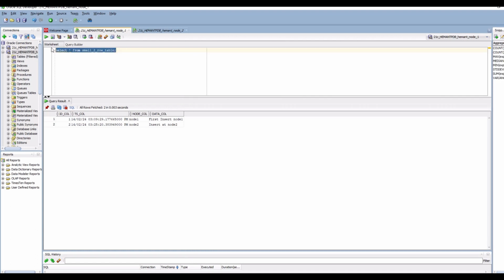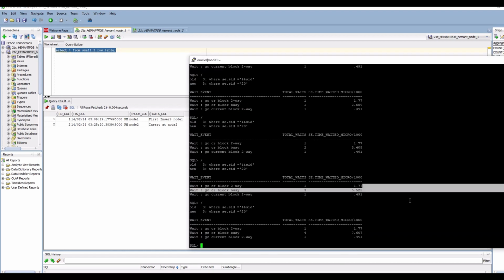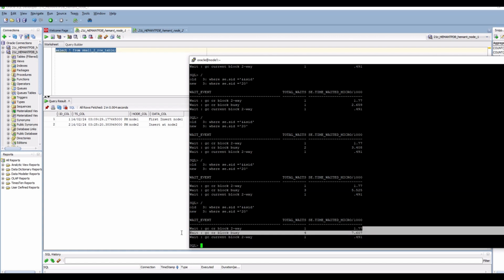Let me query one fourth time. Okay, so there was one wait event. The time is very low because it's just one block, and it's not taking much time to transfer that block from node 2 to node 1. So it's microseconds. It's just 7 microseconds. So I'm just talking one session, one block, but you could look at a scenario where you have hundreds of sessions and thousands of blocks.